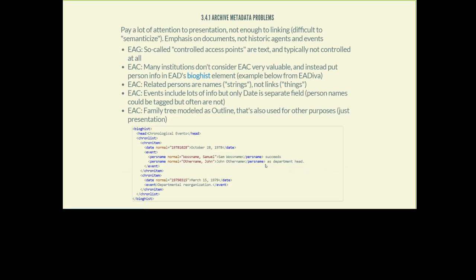And furthermore, here, the relation that one name was the successor and the other name was the predecessor is not explicitly stated. Also, the simple strength of linked open data is that instead of just names, these people would have URLs, be that ISNI URLs or VIAF and so on. I'll talk about VIAF later on. And this takes care of ambiguity. There could be many people with the same name, but the URLs make things unambiguous.